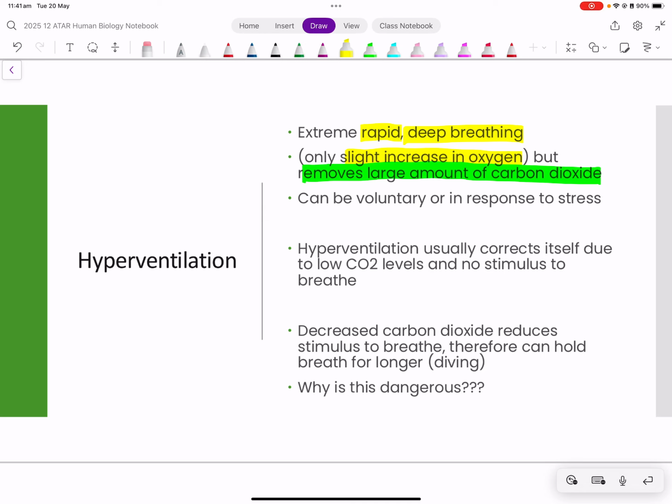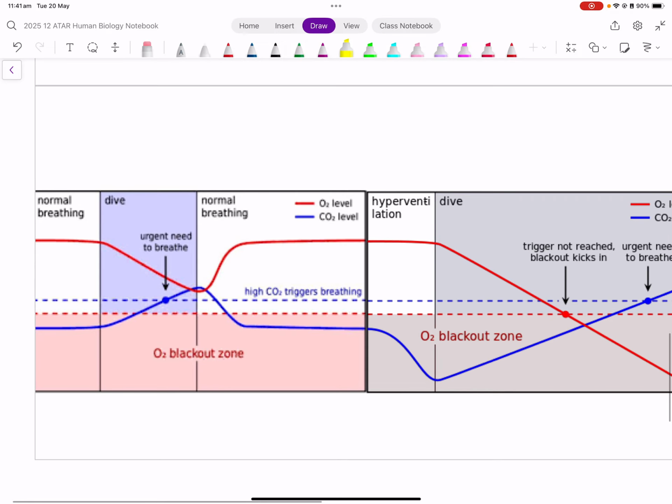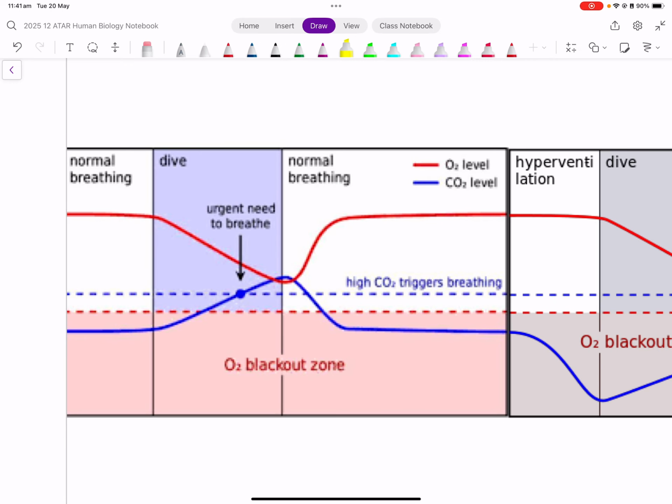Now, hyperventilation is usually going to correct itself due to the carbon dioxide levels coming back down and a lack of stimulus to breathe. However, a decreased carbon dioxide level reduces that stimulation to breathe, but there is a really niche example that we're going to look at now with diving. So what we're going to start off with is just having a look at normal breathing before we look at hyperventilation. In a case of normal breathing, my red line here represents oxygen, and my blue line here represents